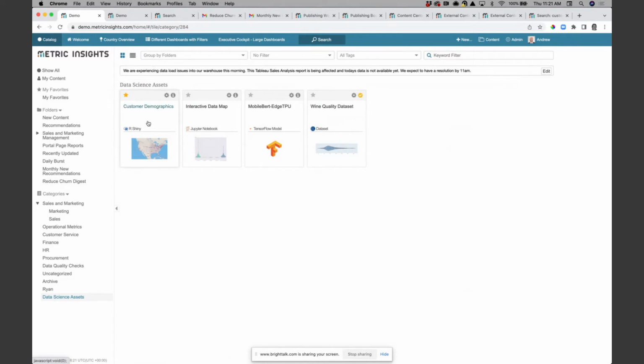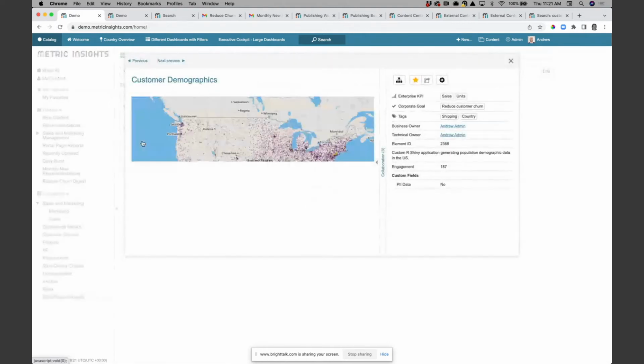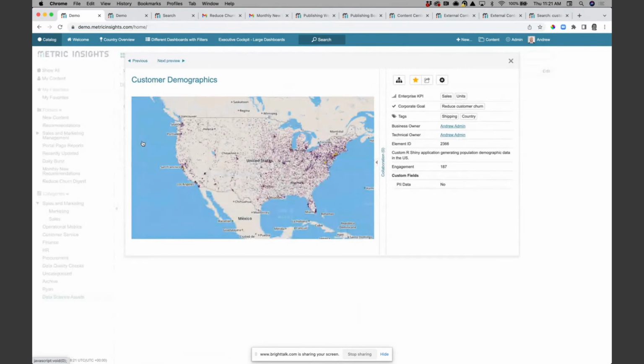So for example, one of the teams might have created an R Shiny application around customer demographics. And so we should be able to publish that into the portal in a similar way, with an image of what the analysis is, with the necessary tagging and categorization of the content, the necessary descriptions and ownership, who created it.